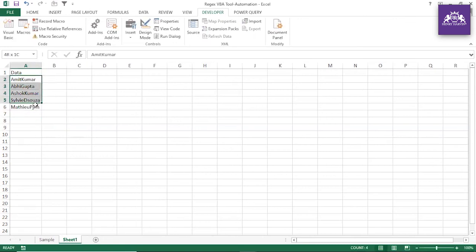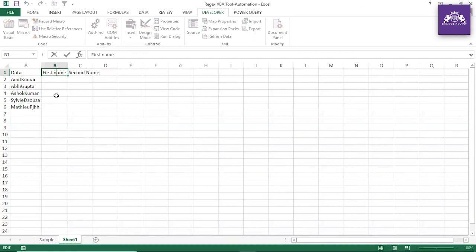I want to extract, you know, the first name should start with a capital letter, and then the second name starts with again a capital letter. This is a pattern. So you can write first name, and then this is actually the second name. All right, let's do that code. How can we do that?